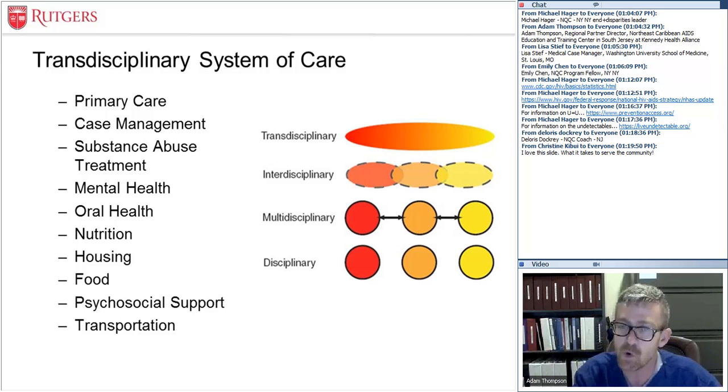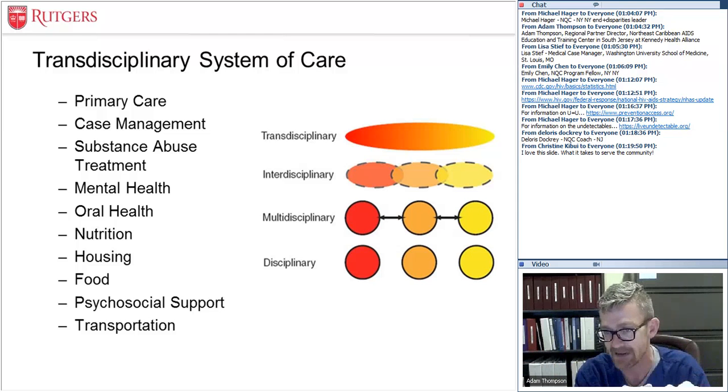But when you go one more up and you see transdisciplinary, that's really, I think at this point, the place that we're looking to go to, which is where the circles, as you see, have disappeared. The areas of expertise now really blend in with one another. And in this space, teams, and when I use team there, I mean it in the way when we talk about team-based care, they understand their roles very well. They know exactly what their discipline does, and they can work in the gray space around where each other's scope